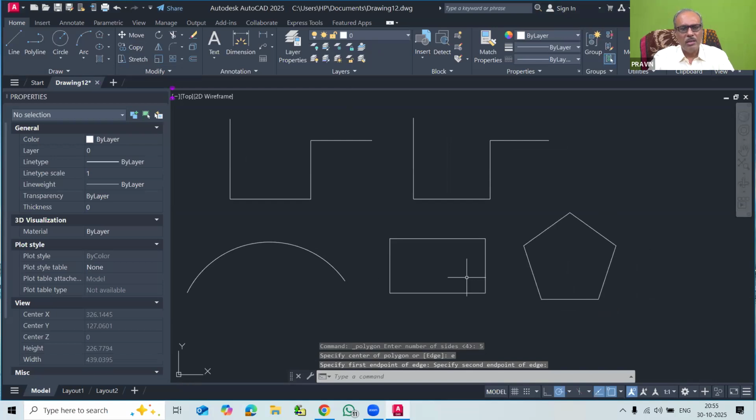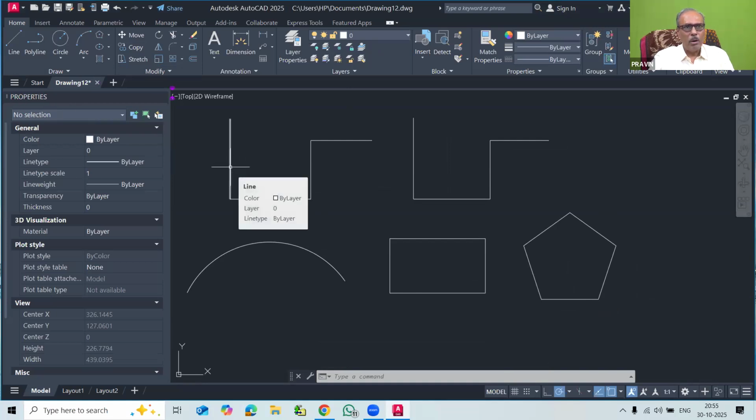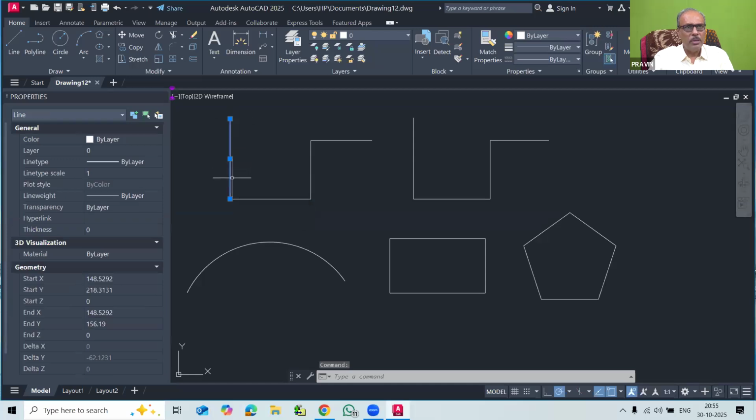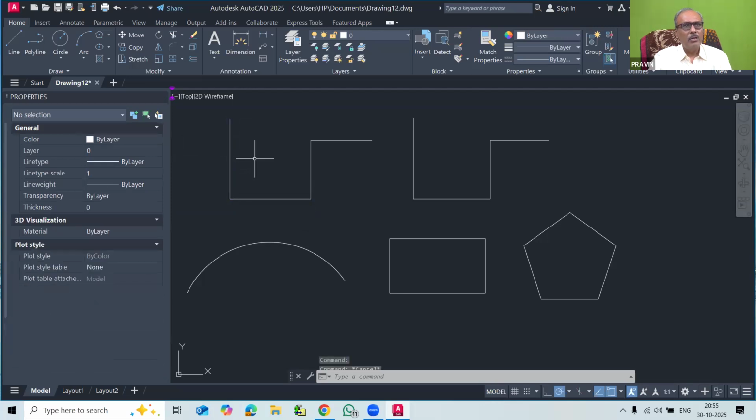Now we will start with understanding the properties dialog box. Here you have to understand this is the properties menu, and I will click this line and select that object. Whenever you select an object, the name of that object appears here. So this is a line, it is showing line. When I keep the mouse here and press the escape button, the selection of this line is gone.